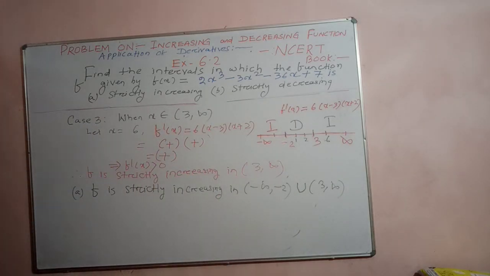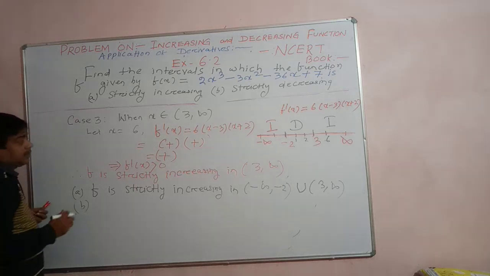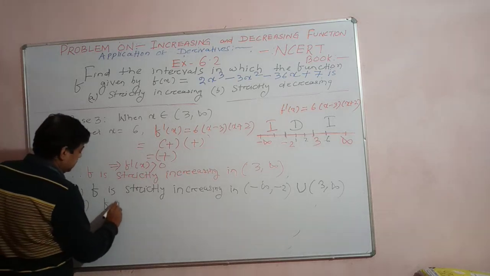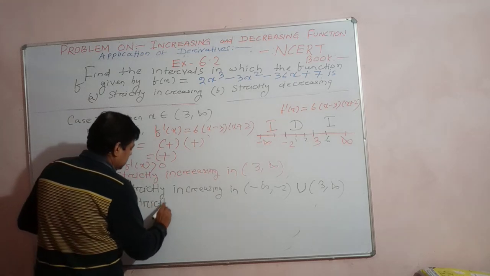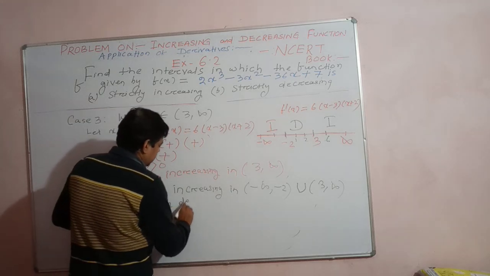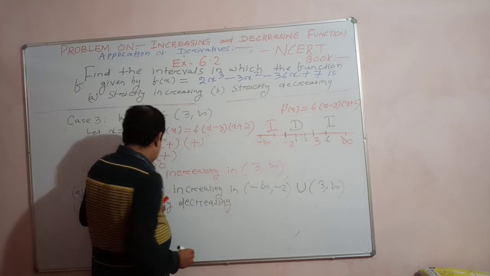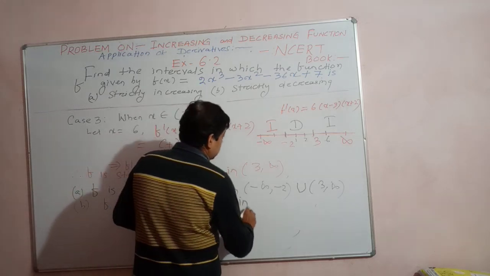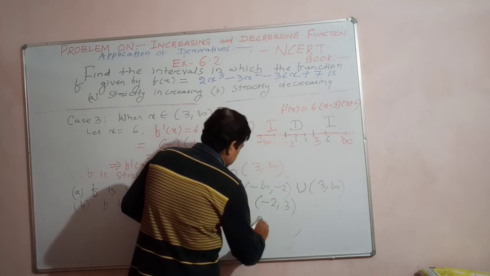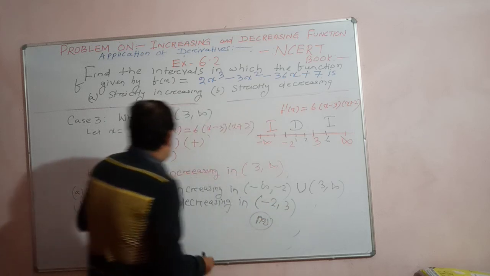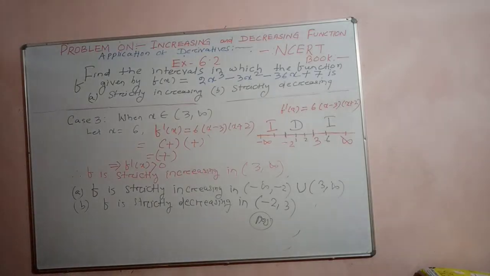And again the b bit, we got f is strictly decreasing. Understand? Everybody clear? How to find out the increasing and decreasing function? Very easy. So strictly decreasing in which interval? Minus 2 to 3. This is the required answer. Okay, we wanted to do. And is it clear all of you?